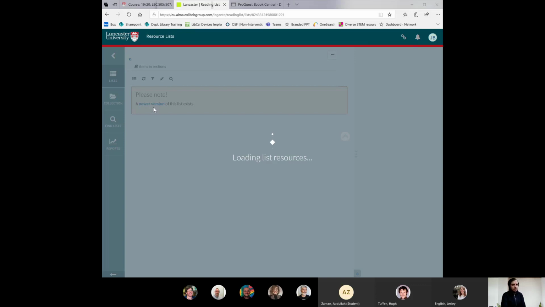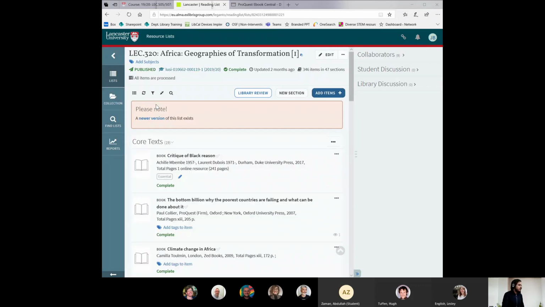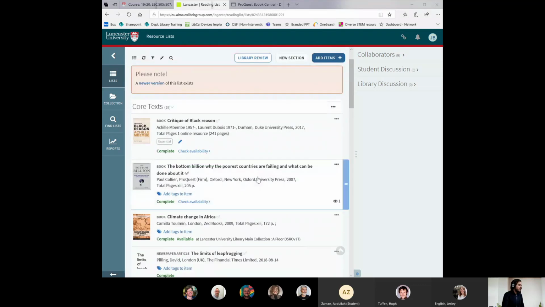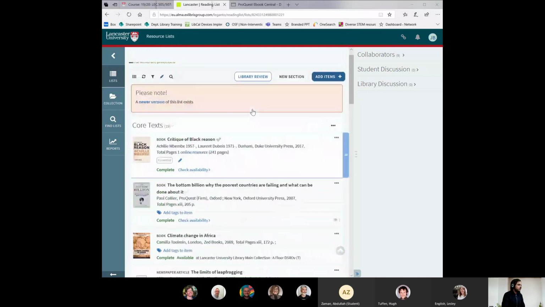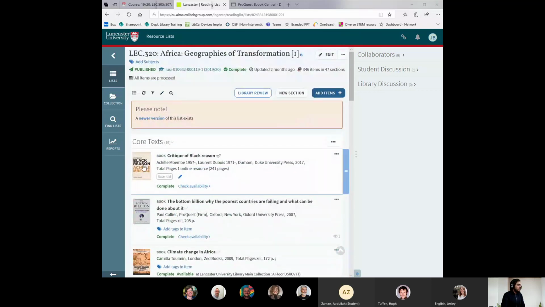I'm a bit of a collector of fantastic reading lists, and I have to say that LEC does tend to have some very nice reading lists. Usually they're very well narrated. So if I'm using anyone as an example here, that's fantastic. So here we go. This reading list, which is an older one, as you'll see, this one, Critique of Black Reason, it's been marked as essential.